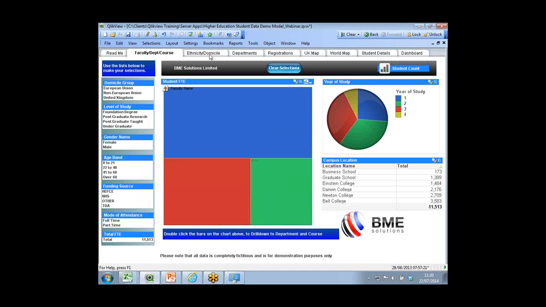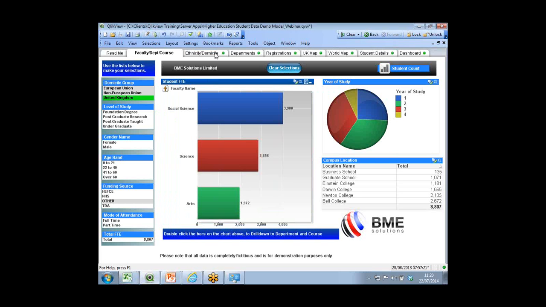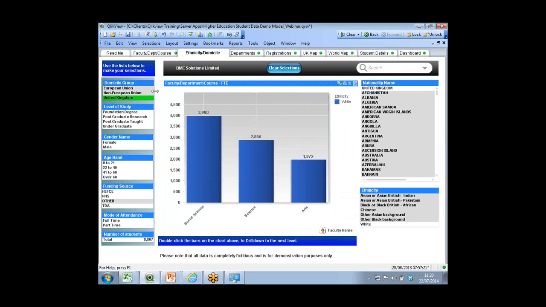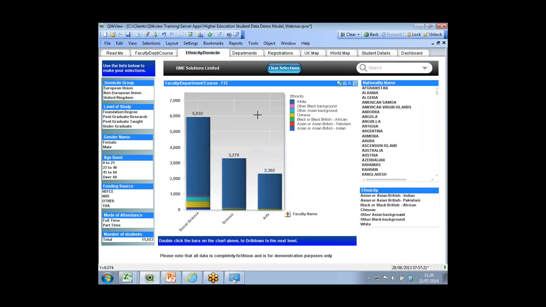But what is also important with Qlikview is all these tabs are linked. So by choosing United Kingdom on this tab, the ethnicity and domicile tab is linked to it as well, so all my sheets on here are shrunk or filtered by whatever I've chosen. This happens to be a